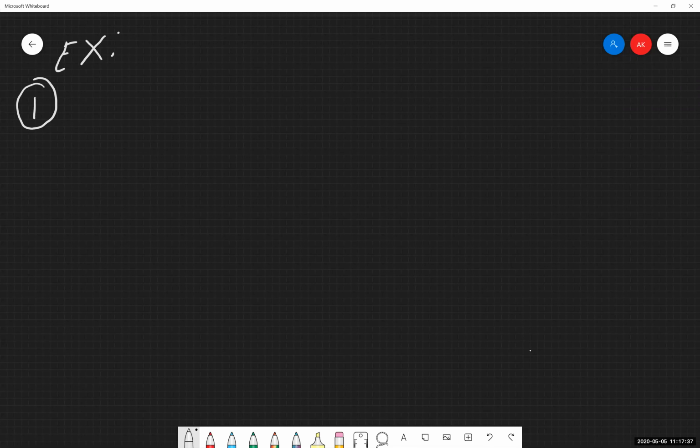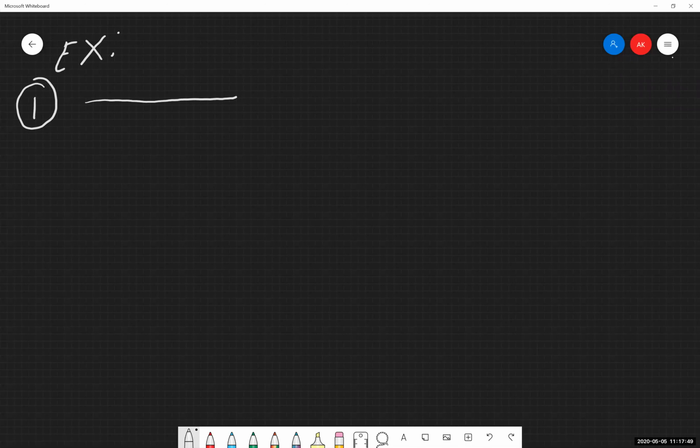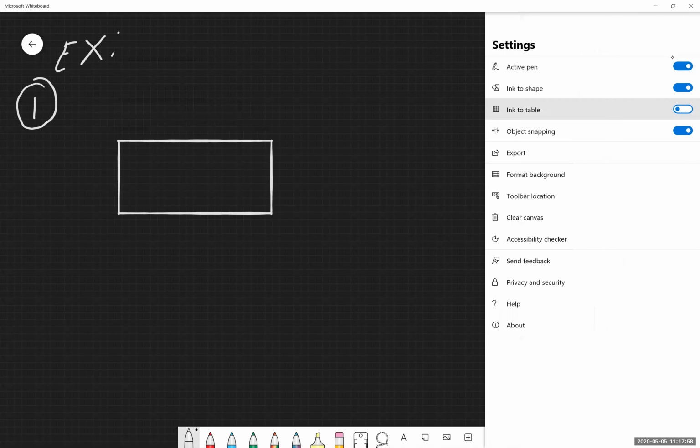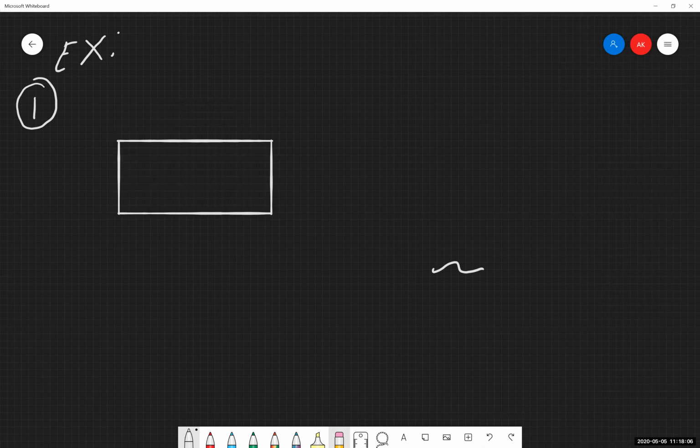So again, we're working with example 1. We are told the perimeter of a rectangle is 42 feet. I'm going to make a quick rectangle of this thing. About like that. Cool. Let's see if I can move this a little bit. Perfect. Okay, so I have a rectangle that's showing up. We are told the perimeter of a rectangle is 42 feet.